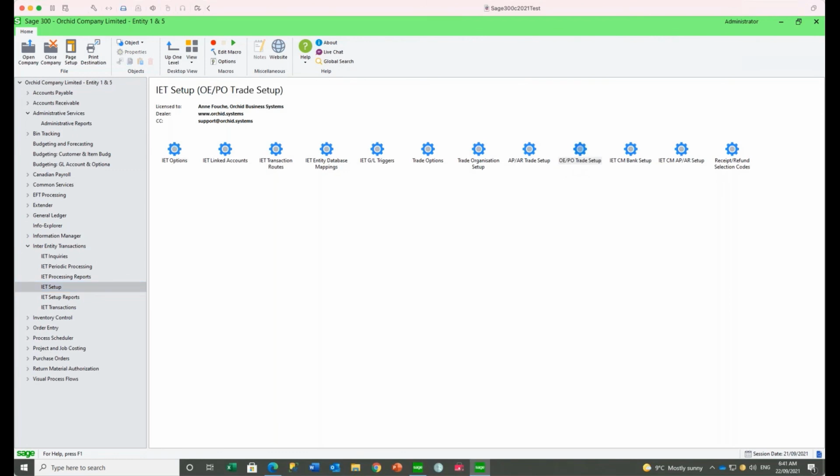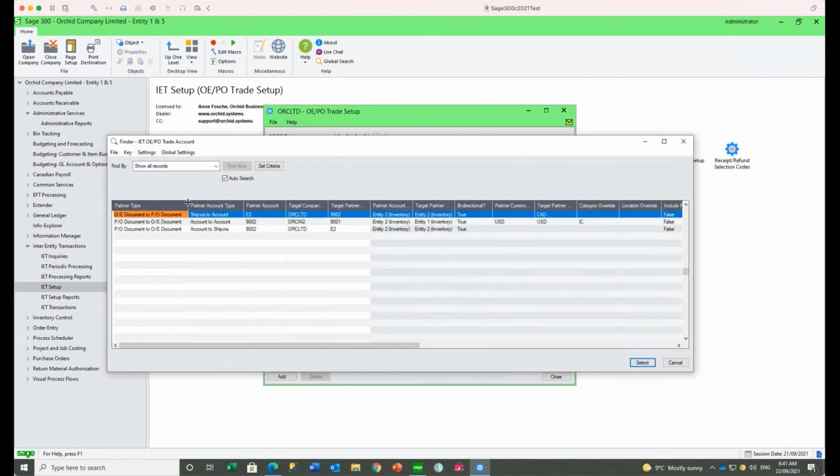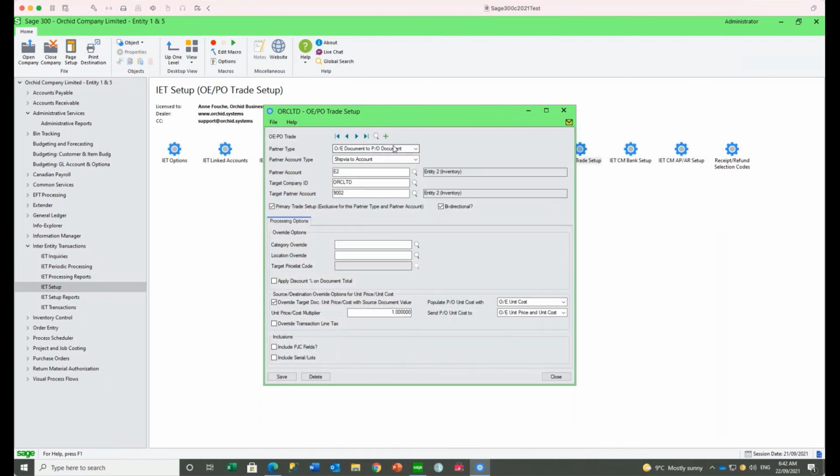Hopefully. So in the configuration for OEPO trade, you set up your partner relationships, and this is what tells us whether it's a ship via to account or account to account. But in this case, this is ship via to account, so that is why it's triggering off the ship via E2. So yes, any order document with the ship via of E2 on the detail line will create a purchase order to vendor 9002. So this means that, as Rob explained, you could have 3 lines on your sales order, and